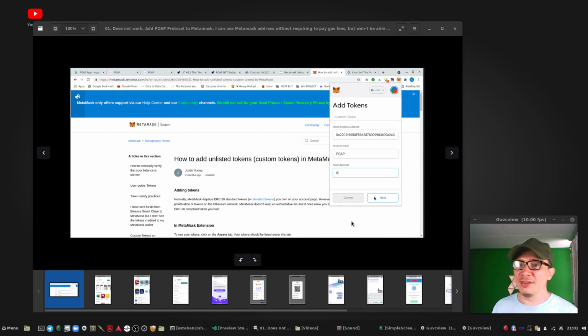Alright, so here's the next step. I'm on the Chrome browser, on the MetaMask. It is installed as a browser extension, right? So here I'm trying to add the PO token, but don't do this.